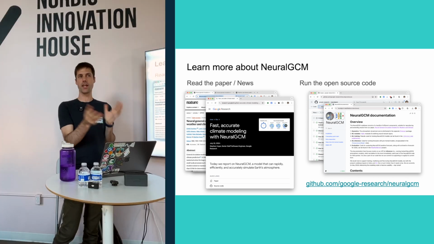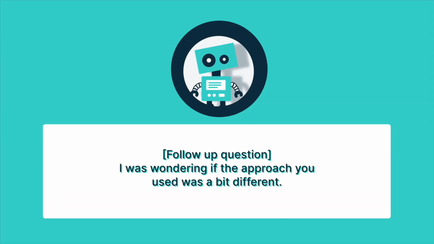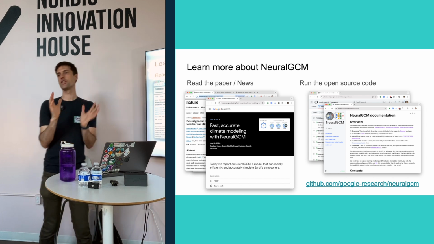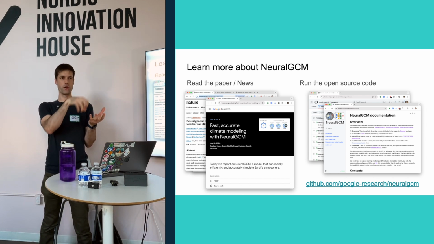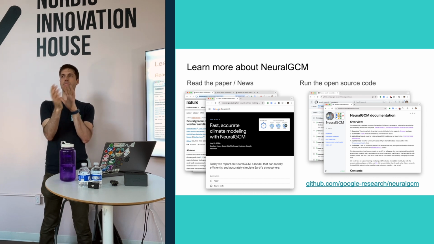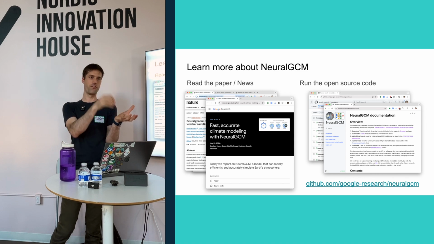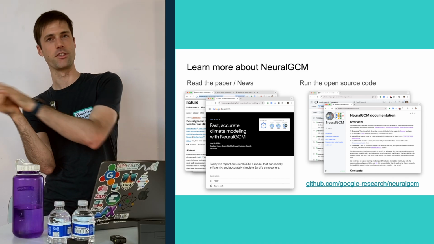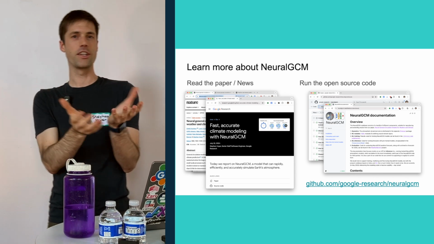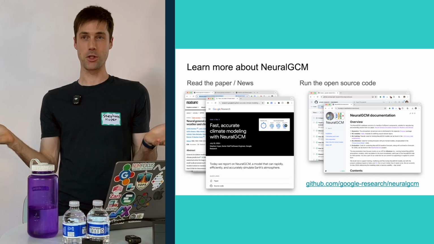I think maybe what you're getting at is what it would look like to go beyond that training. I was wondering if the approach you used was a little bit different, because I remember you said you had the gold spheres instead of the other ones. Yeah, so this is in contrast to a traditional approach. We rewrote the weather model. That's more in contrast to the way people have been exploring modifying a traditional physics-based model with AI components. We didn't just inject a little bit of TensorFlow into that giant pile of Fortran. We said, okay, let's toss it out and start anew. That's honestly a little controversial for the climate scientists because they really like their climate simulation codes.